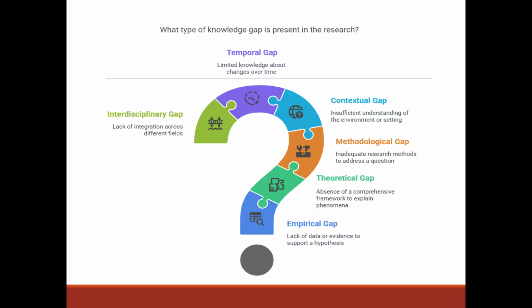So sometimes also theoretical gaps. So when you think there is no comprehensive framework to explain a phenomenon, you realize, okay, we are basing all these arguments on theories, maybe research has always been done based on a certain theory. I think for those who are especially in the social sciences, most of the time when you are doing even a literature review, you do the empirical literature review and theoretical literature review.